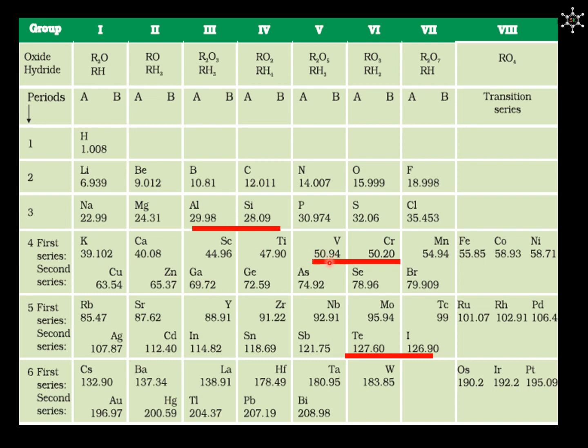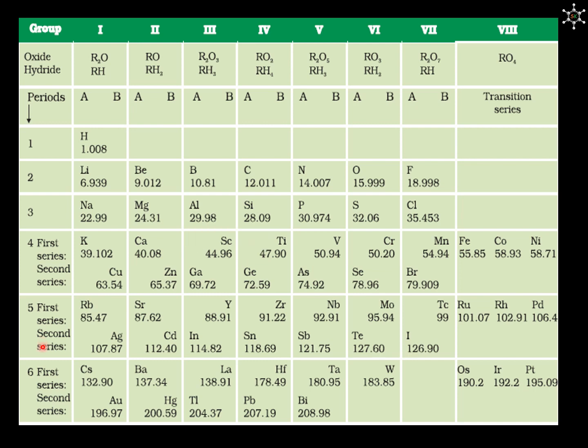We can see the same similar kind of arrangement even between vanadium and chromium and between tellurium and iodine. Also, observe he has left two empty spaces down to aluminium and silicon for the elements which were not discovered at that time. Since this element which was unknown at that time is one place below aluminium, he called this element as Eka aluminium. Similarly, this is Eka silicon. Today we know Eka aluminium is nothing but gallium and Eka silicon is nothing but germanium.